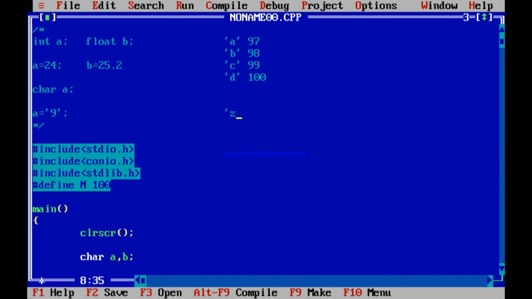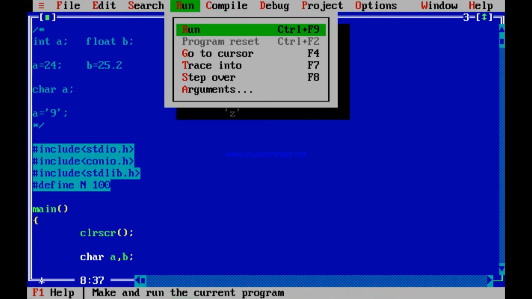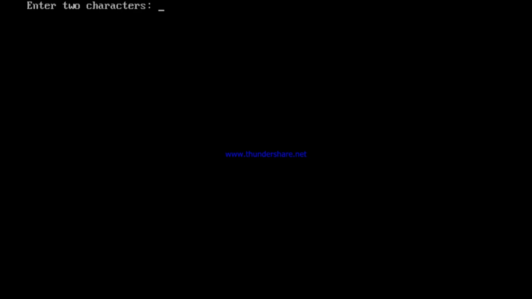Similarly, if you continue, what should Z print? A is 97, B is 97 plus 1, 98, C is 97 plus 2, 99. Is it not so? So Z should similarly be 97 plus the equivalent number. Z is just, see, 122.